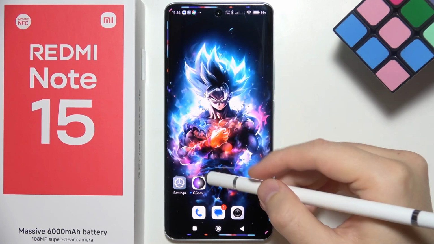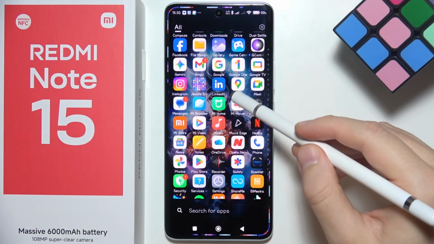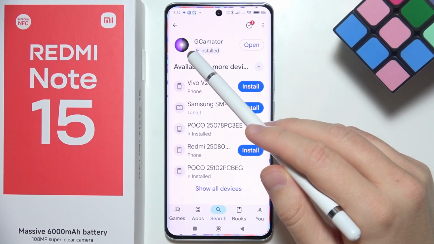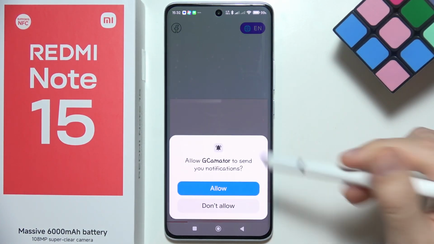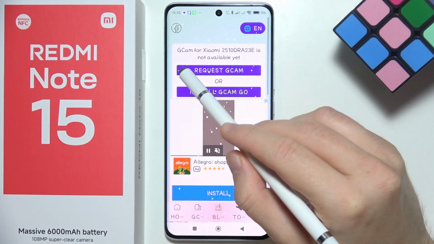To install Google Camera on Redmi Note 15, first of all, you will have to start by opening the Google Play Store, and we have to download this Gcamator application. This is the app that will allow us to actually get Gcam port. So first of all, just accept everything that pops on your screen, and as you can see, in this case,